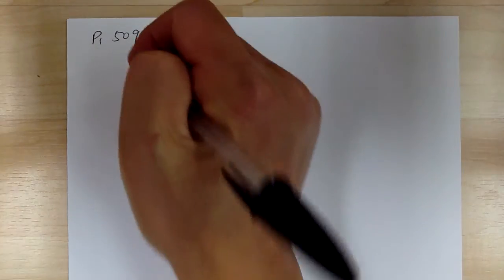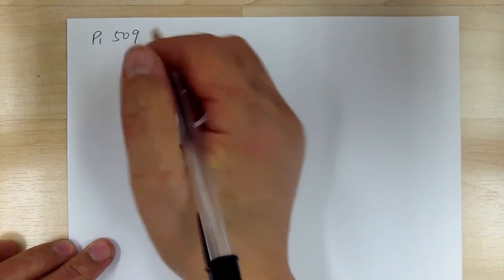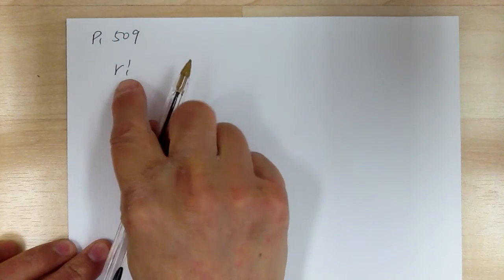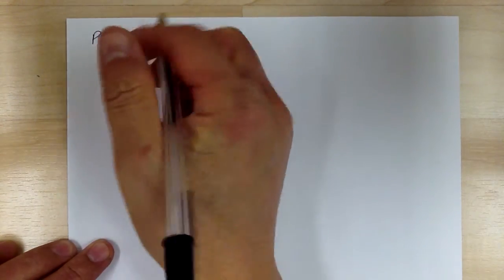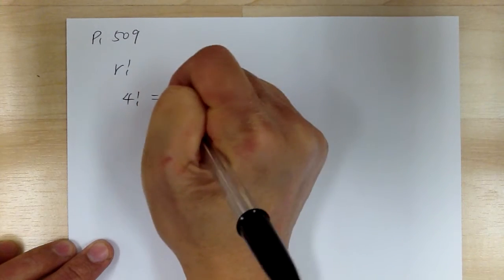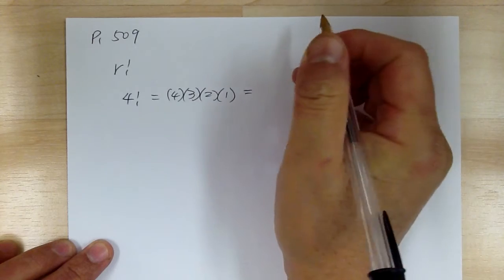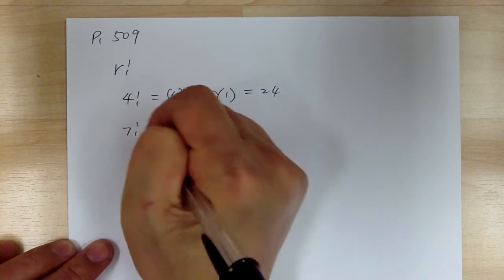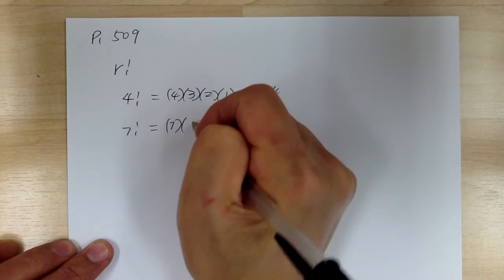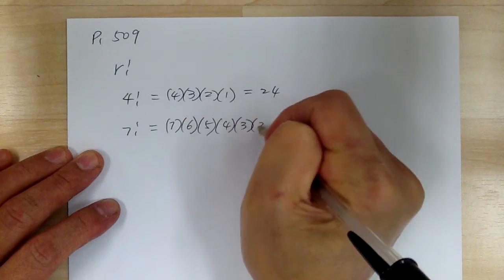On the bottom of page 509, you're going to have a notation like r. This is called r factorial. So r factorial means it's a multiplication. For example, if you have 4 factorial, this is equal to 4 times 3 times 2 times 1. So this will equal 24 and so forth. If it's 7 factorial, this would be 7 times 6 times 5 times 4 times 3 times 2